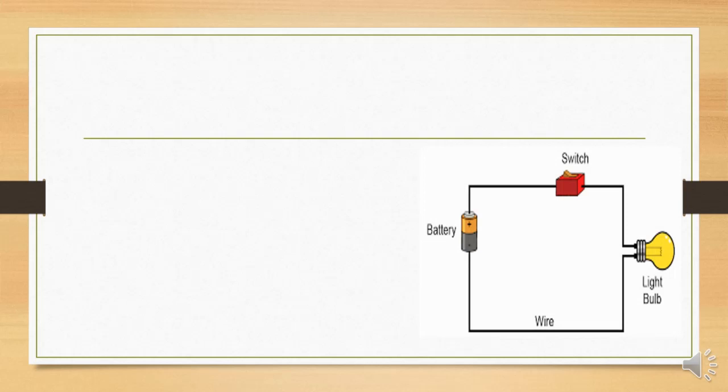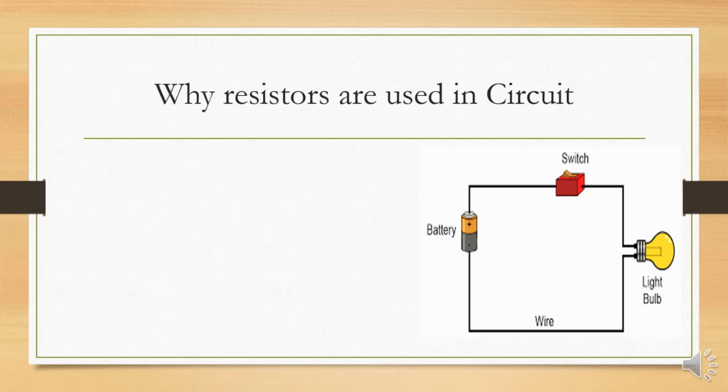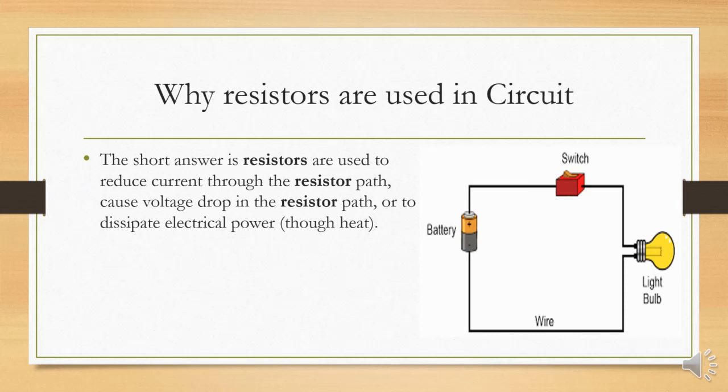Dear students, this is a simple circuit in which a bulb is being used as a resistor or load resistor. This is also called a load resistor because it converts electrical energy into some useful energy like light, and also some heat energy is wasted. So why do we use the resistors in the circuit? This is a useful resistor, but some other resistors